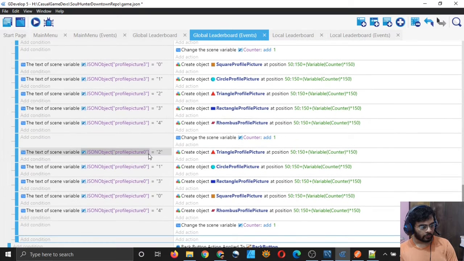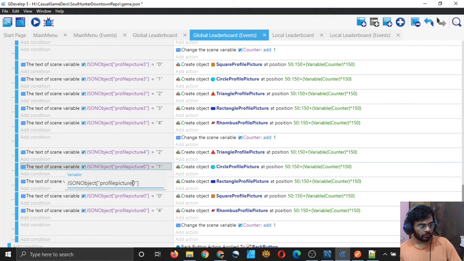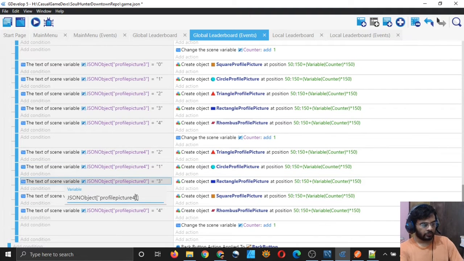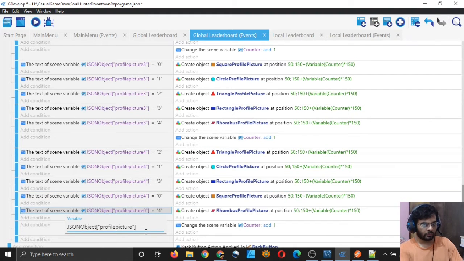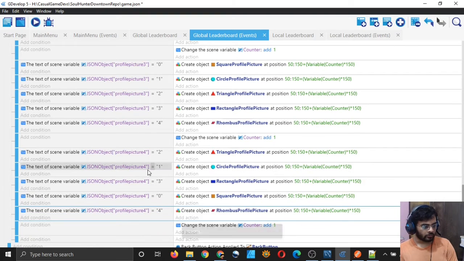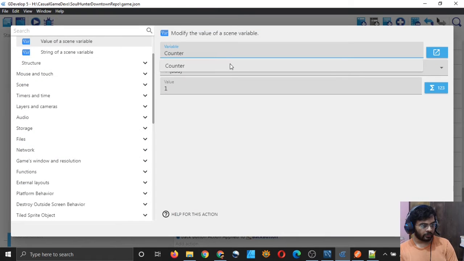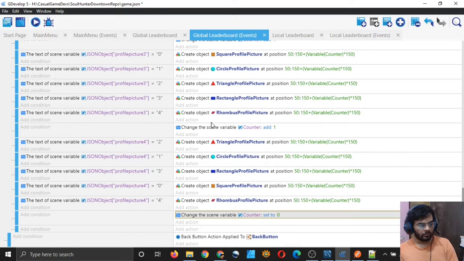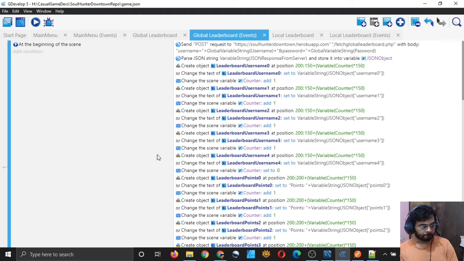Yeah, okay, now do it for 4 finally, and again 4, click anywhere else and again in an empty space, and there you go. Now we have all of them, and at the end you can simply change the value of counter variable to 0, although you don't need to do anything here, and honestly no.